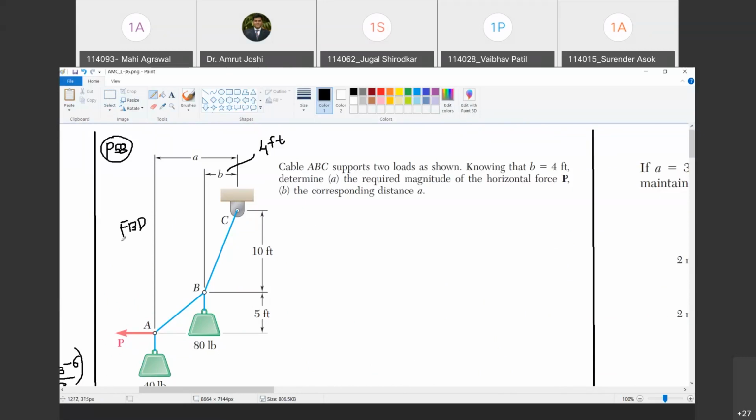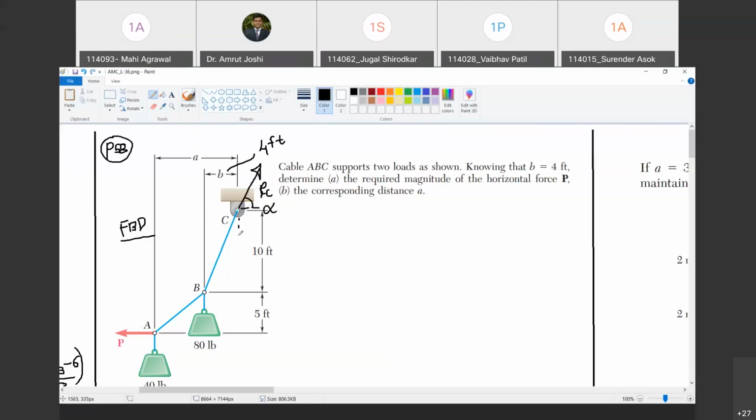So how do I draw the free body diagram? Here, how many reactions will be possible? There will be two reactions possible. But in case of cables, we always orient the reaction along the cable. Do you agree with me? Yes, sir. I'm going to call this RC, and let it make an angle alpha with the horizontal. Happy? Yes, sir. Then what is that angle alpha?